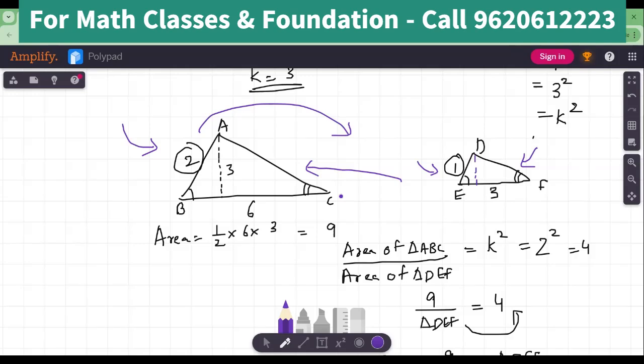I hope you understood the concept that the ratio of the areas of similar triangles will be equal to the square of the proportionality constant between those two similar shapes. Now go ahead, practice some problems on this. That is how these concepts get deep rooted inside you. Without practice, no. Only by hearing, you never master it.